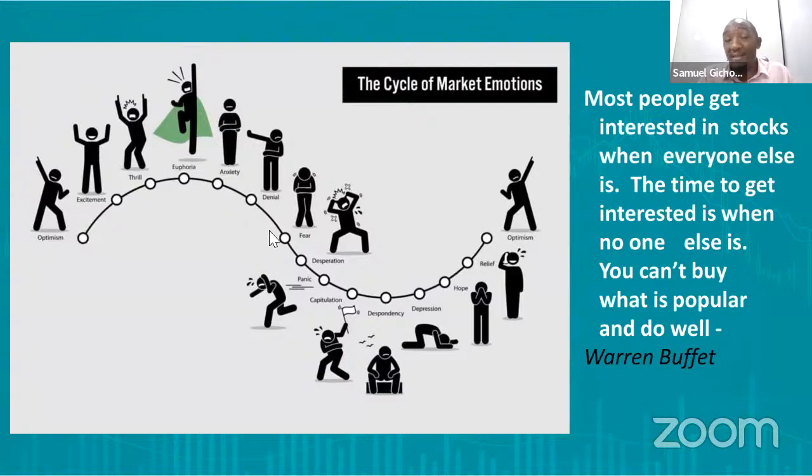Foreigners had a lot of shares and started selling them. And so investors went into anxiety. Oh, could I have made a mistake? It was back at 5 bob, denial. Then you end up in fear. And right now, if you look at our market at the moment, we are somewhere around here. Capitulation, despondency, and depression.